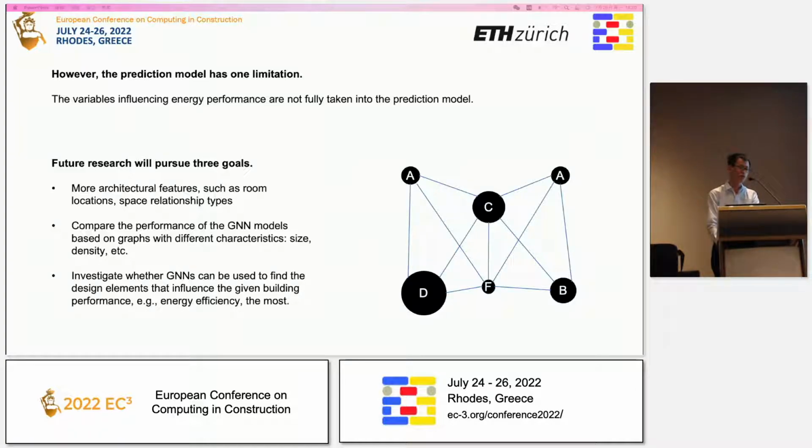And finally, we are going to step forward to the second explanation model, and try to investigate whether the GNN can be used to find the dominant elements for given objective functions. For a preliminary result we have found, you can see on the left side, this graph represents a floor plan,